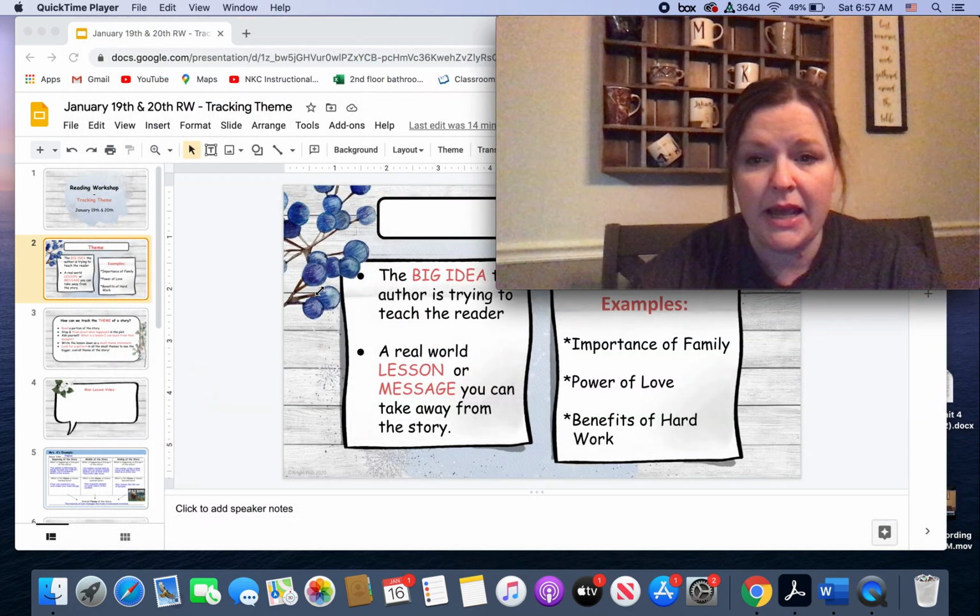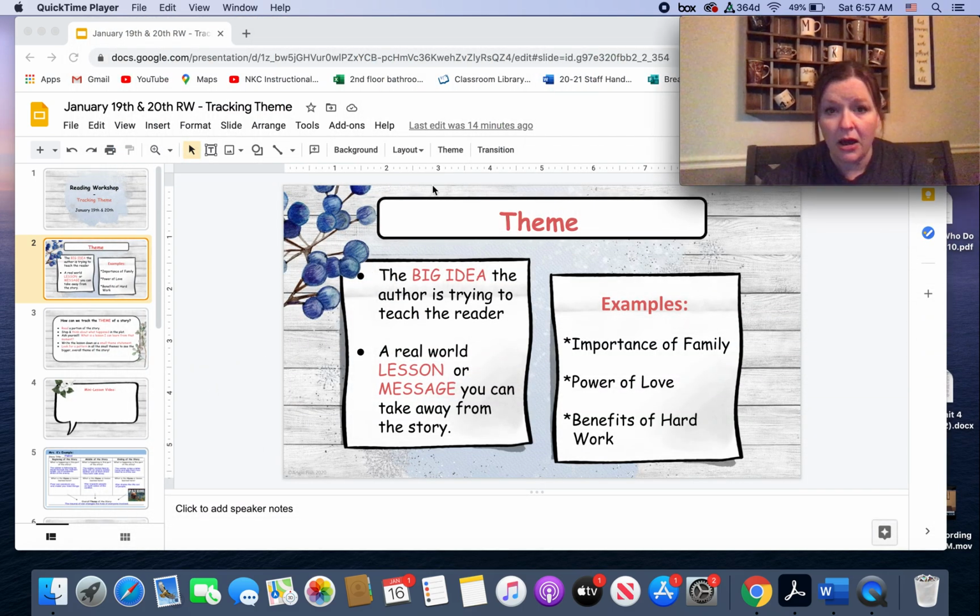Our goal in this unit, you're going to hear a lot about theme, which I know we have touched on earlier this year, but we're going to take a deeper look into it. So just a review about what theme is. Every story with characters and plot and events usually has a theme with it. The theme is kind of hard to find because it's usually never just said by the author. It's not the main idea, it's not what happened. It is the big idea that the author's trying to teach you.